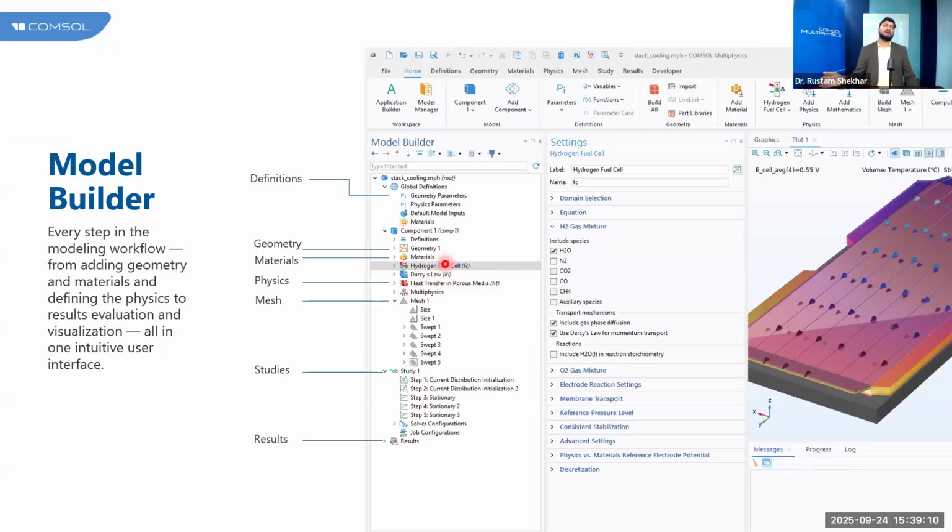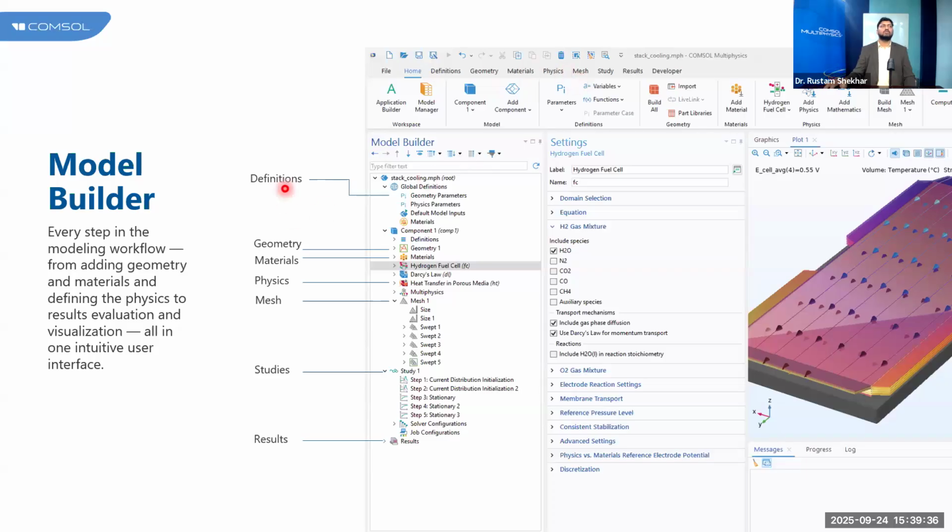You may think of, let's say, I have one more physics also available, which is structural mechanics, and I want to see structurally, when the cell is operating, how the cell will perform. So let's say you have a high temperature flow coming in, and now you want to know structurally whether the cell will withstand that particular pressure, and at the same time I want to draw the current also. So here, on the same GUI, you can just go to the physics, and then you can add that particular